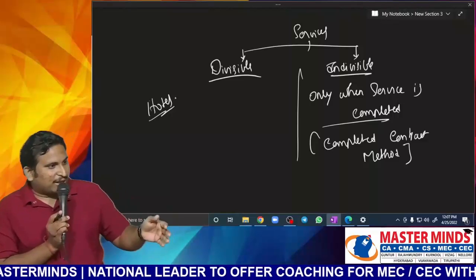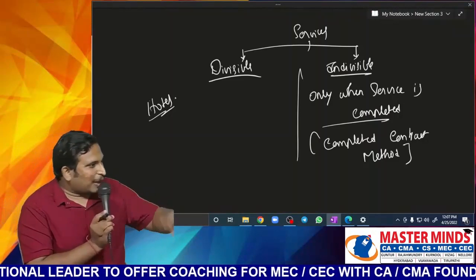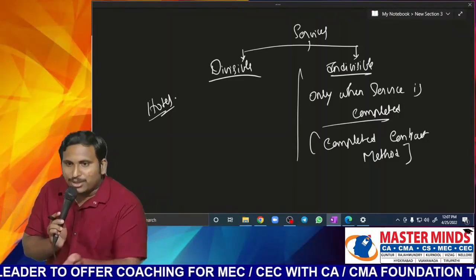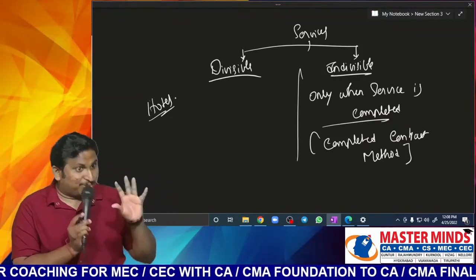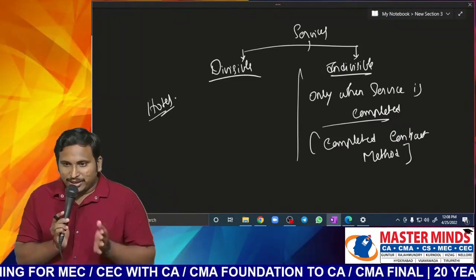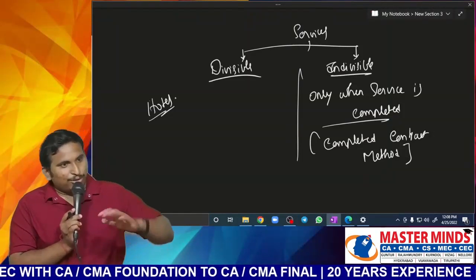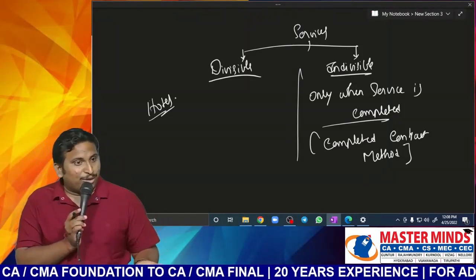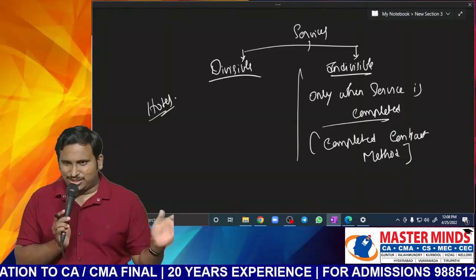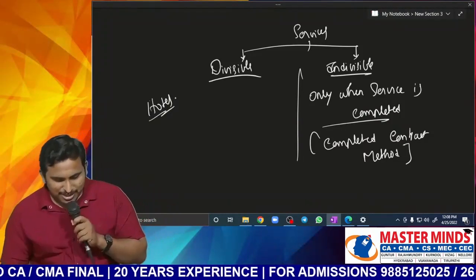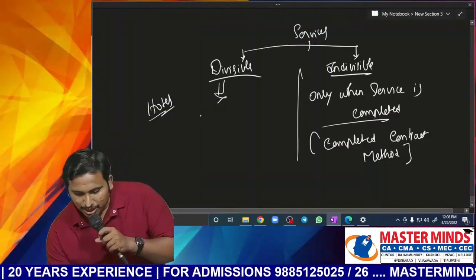Is that clear, sir? So take any tuition fees or coaching fees, sir. Our management will be taking some revenue; can they allocate it over a number of months, sir? Absolutely yes, because they are providing it over the period. For each month equal types of services are provided. It is not that the first month is more important and the last month not important. Every month is equal. And if suddenly coaching is stopped due to corona or some other reason, can you collect the balance money? No. Or will you give back the money already paid? Nothing will happen. It is proportionate. Each act is related. In other words, this is divisible. If it is divisible, how do we recognize?